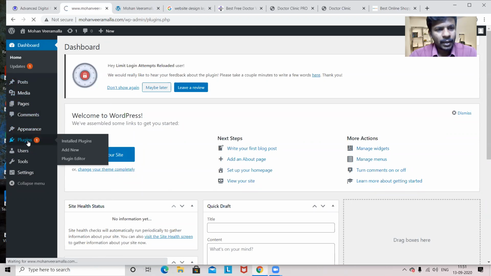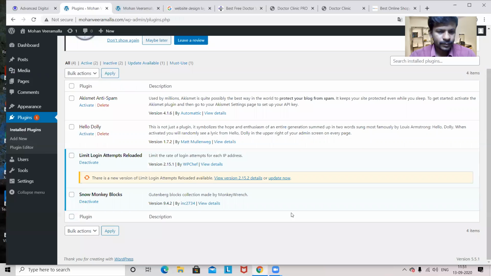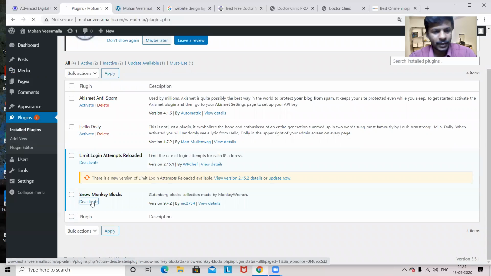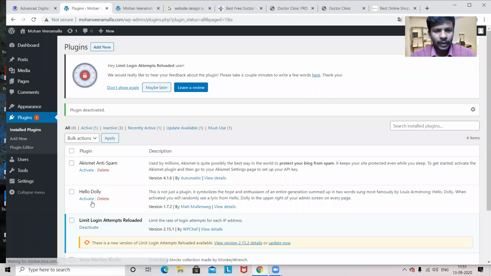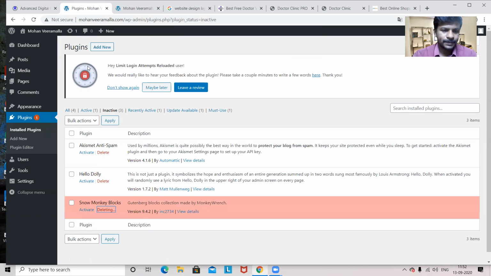So I'll do one thing. I'll go to plugins and deactivate that plugin. I'll take some other plugin because that may be a defect from that plugin or some settings I have to do. How to deactivate? Simply deactivate from here. Whenever you feel you don't want that plugin, try to remove it from the complete WordPress. Why? Because this plugin will also have some size that will be stored in your database. So among the inactive plugins I have here, I'm going to this plugin and deleting it. It will be deleted completely from your WordPress dashboard.